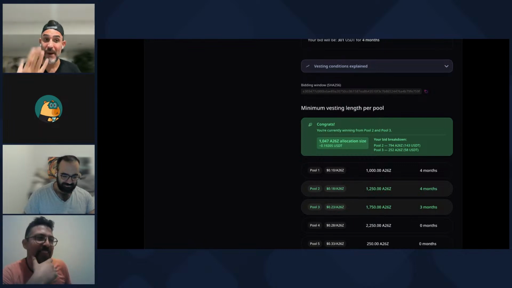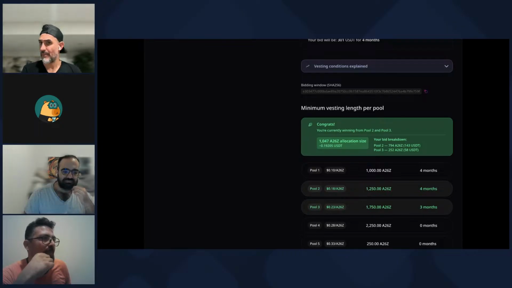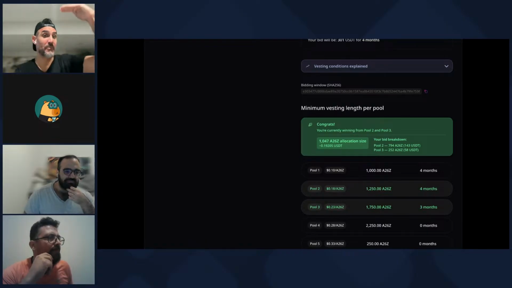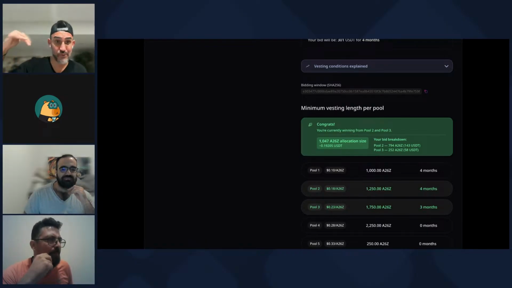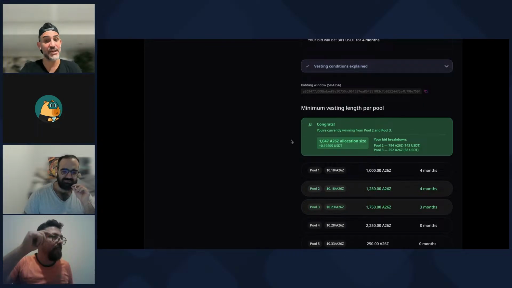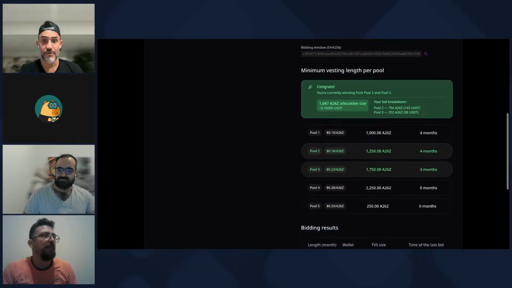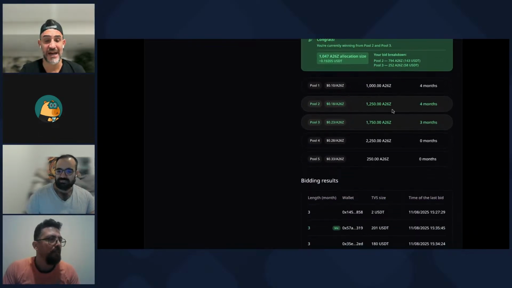Just when you think my bid was placed, like I'm going to get myself into pool 1, I'm now like, wait a minute. How did I end up in pool 2 and 3? Because somebody decided that instead of just making the bare minimum to get in pool 1, they were going to add an additional month on top of that. So now this split is essentially saying, given the money that I've committed with the vesting length that I have committed, this is my best allocation possible. Whoever's in pool number 1 is more.